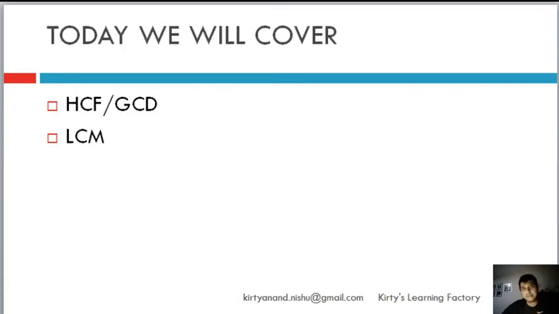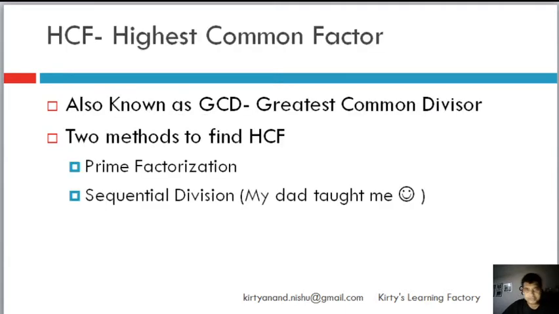Today I'm going to keep it very simple. Today I'm going to just talk about HCF, which is also known as GCD. In Hindi, I think this is known as Mahattam Samap Vartak. GCD is greatest common divisor, the same name for HCF. You can choose to go with whatever you feel like. And then LCM, lowest common multiple. So fairly simple, I think the name sort of gives it away.